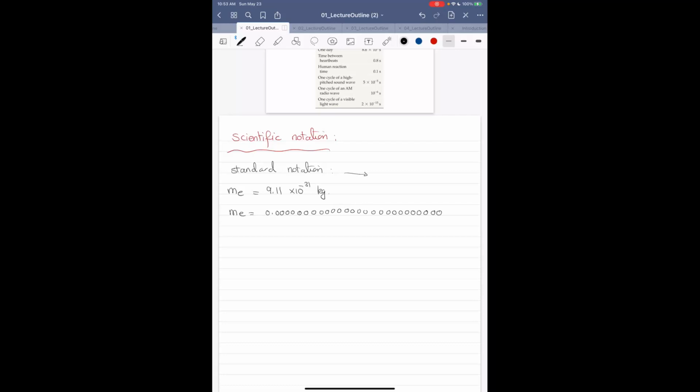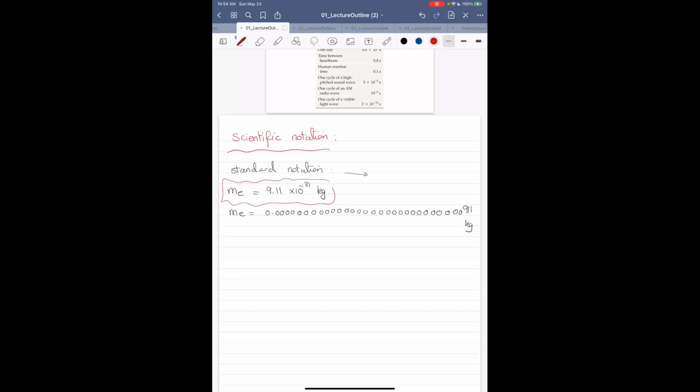I don't even know if I made a mistake or not. Okay, this is okay, and you can see it's not convenient at all. I might make a mistake, and you have more space, more ink, more whatever. It's not convenient, and this is the reason why I converted to this neat notation, which is called